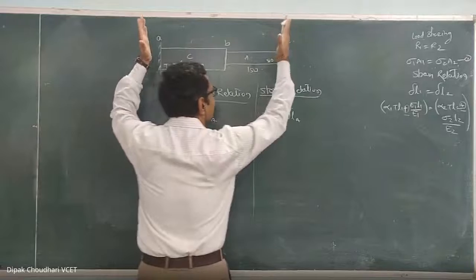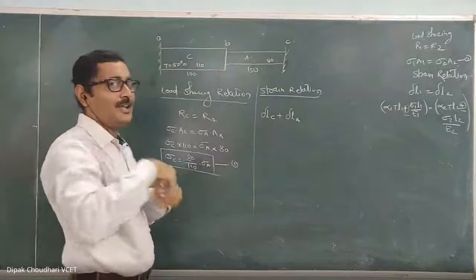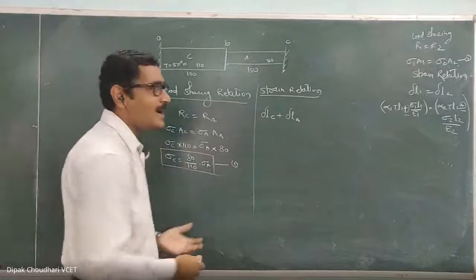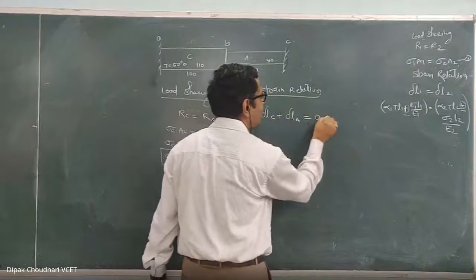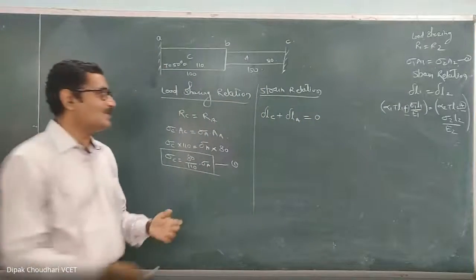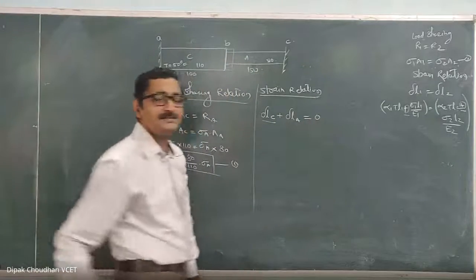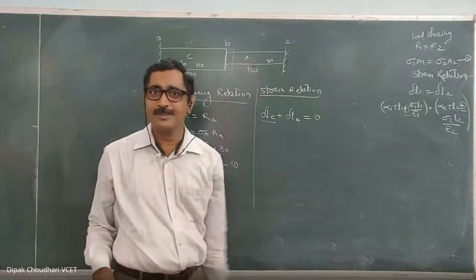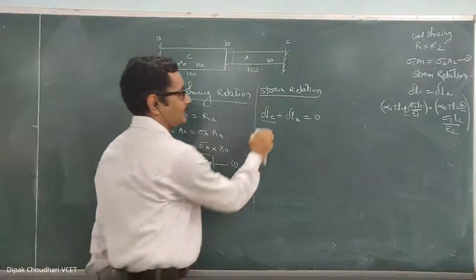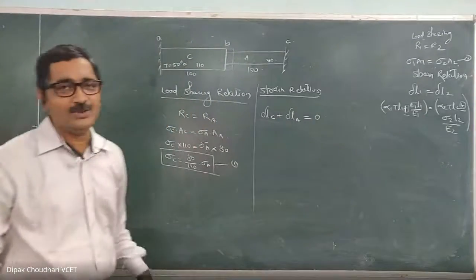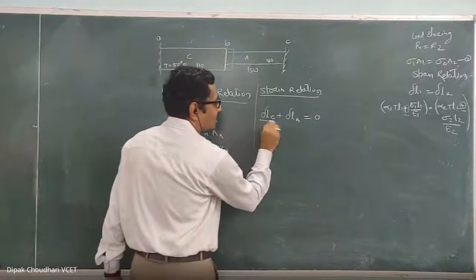Now since both the ends are fixed and rigid and there is no gap, for any rise in temperature and any externally applied force, the summation of the deformations of both will be equal to 0. It may be that the copper elongates, and then the aluminium will compress, but the summation will be 0. The sign convention we will write in the next step. So here you have to write directly that the summation of the deformations of both will be 0. Now, the deformation of the copper.